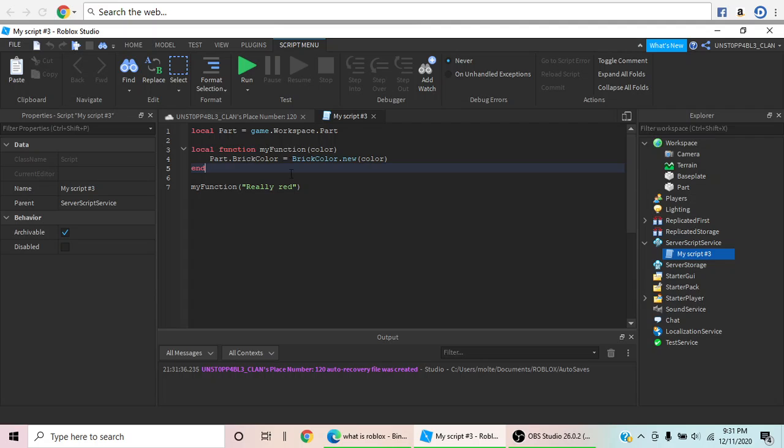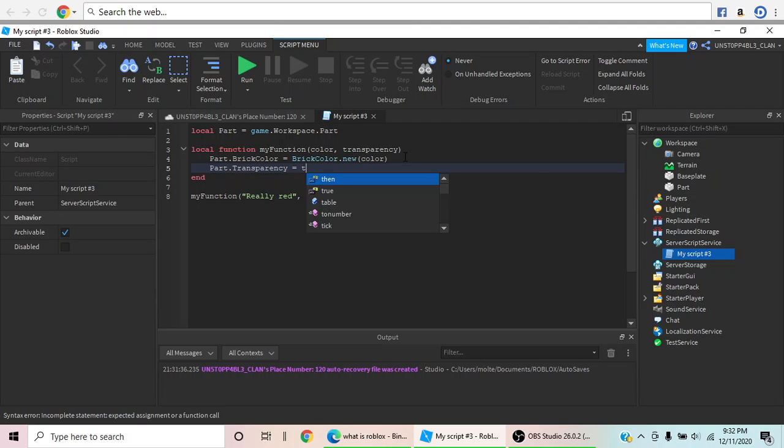Now let me show you how to pass multiple instructions. So after the quotation mark, not inside the quotation marks, let's put a comma, 0.5, and now we will put a comma after color, and let's put transparency. Now what this will do, it'll set a variable as transparency to 0.5, because we're passing the number 0.5 secondly, and transparency is second. So now it can do